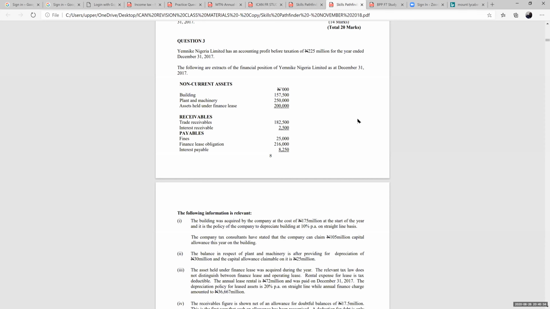Non-current assets, building 157,500,000. Plant and machinery, assets held for sale. Receivables, we have trade receivables. We have, I can't see this clearly. Income receivables, we have,